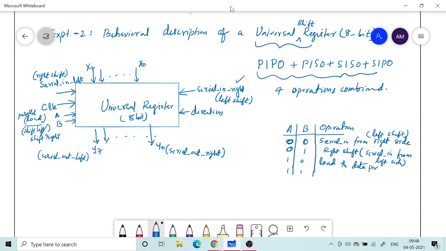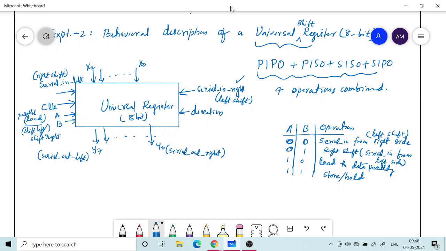So here load the data parallelly, and the last operation you can just keep the data, store the data, or hold the data. Okay, so nothing is entering from left or right, no shift register is under operation, but whatever was the earlier data, that will be stored.